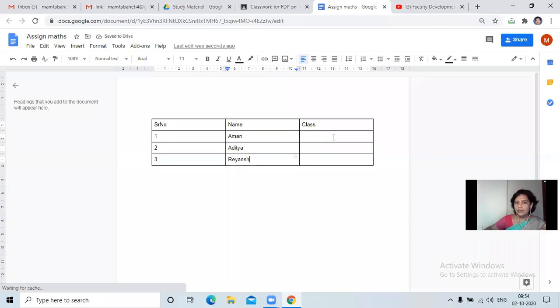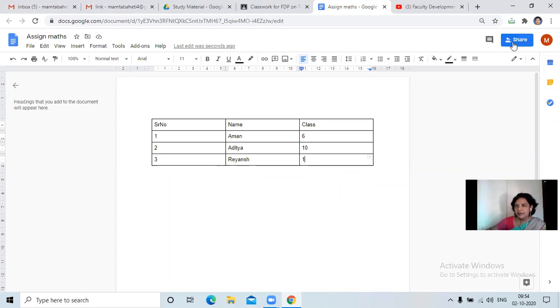Okay, so suppose this is the details. Okay, so now see, by default it is saved to drive. So the things are done.